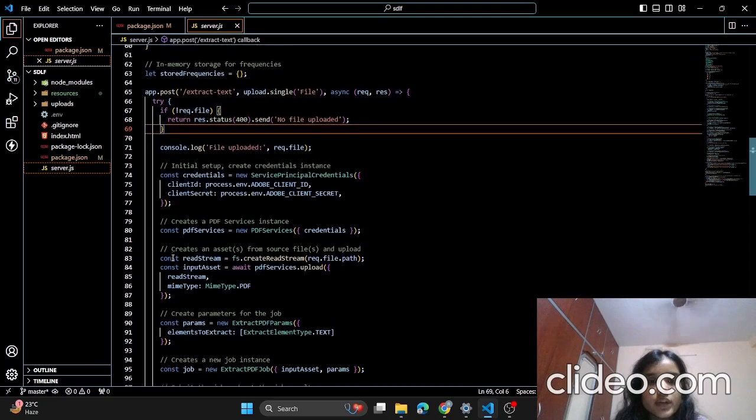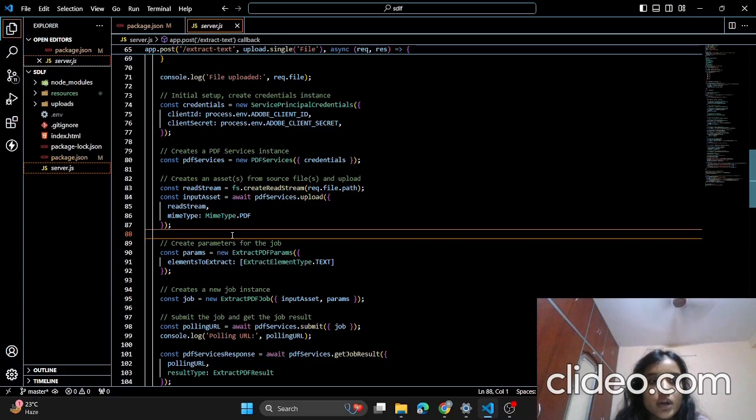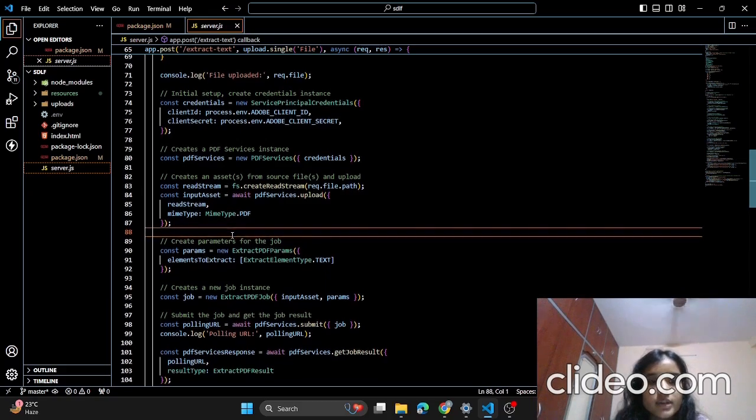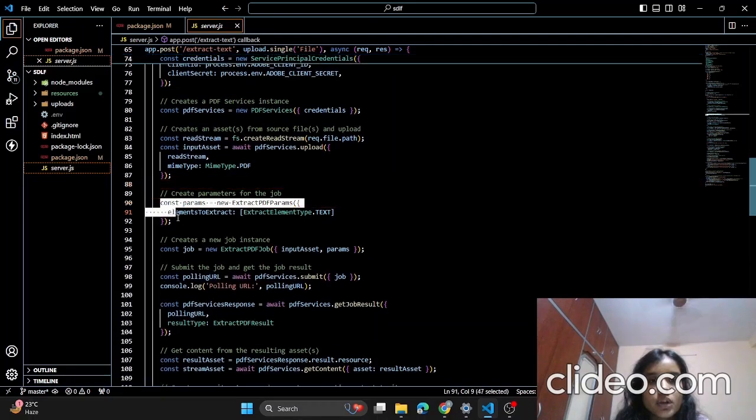Here, the read stream is creating a read stream of the input file, and it is also taking request.file.path as an input. Now, here the extracting of data and frequencies is done by the const params equal to new ExtractPDFParams. It is extracting the PDF params that were given from the PDF and from the front